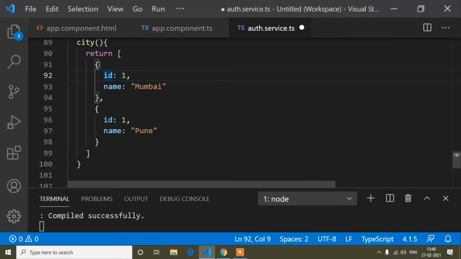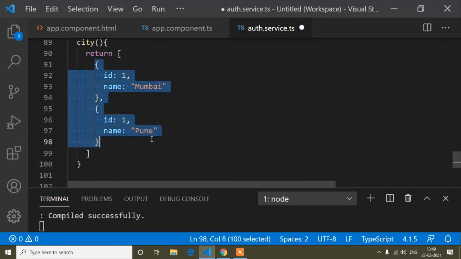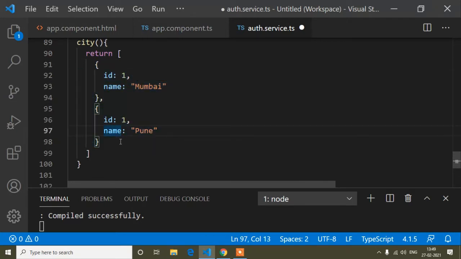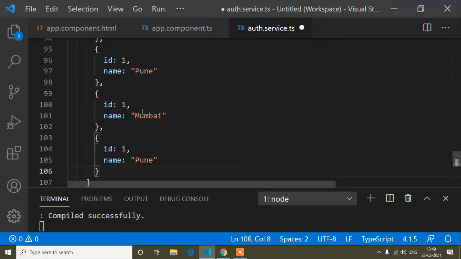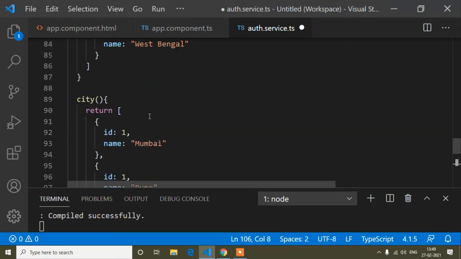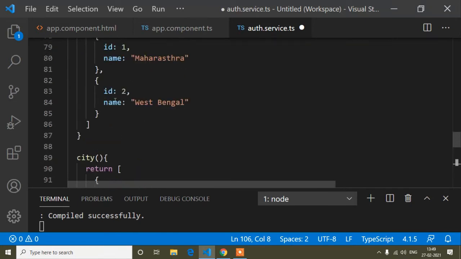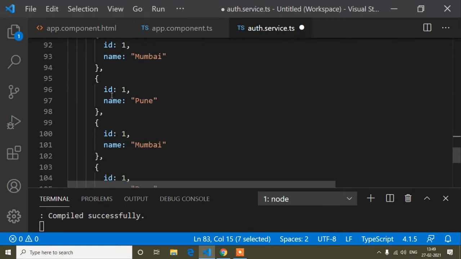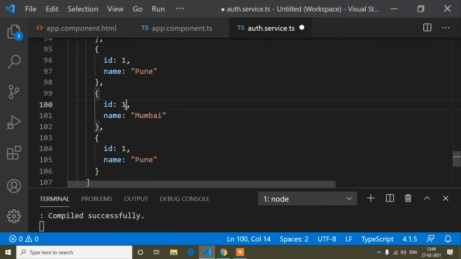Now the same way, I will copy these two objects from here and paste them, and now I will make these two cities for West Bengal. You can see the ID of West Bengal is 2, so here I will change the ID to 2, and also here I will change the ID to 2.